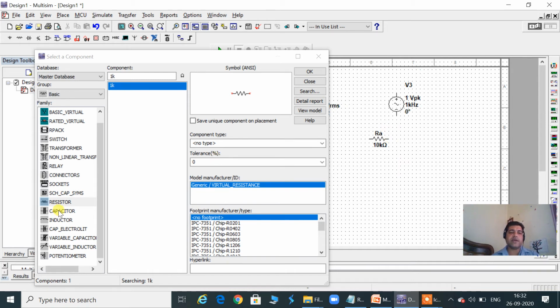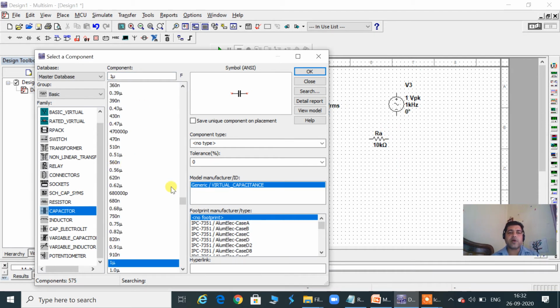Now similarly we can have the capacitors. What values are showing, you are shown here in this table, these values of capacitors are available in the market. This is the very good thing associated with Multisim. All the practical components which are available in the markets are listed here. Now we can go for other things.